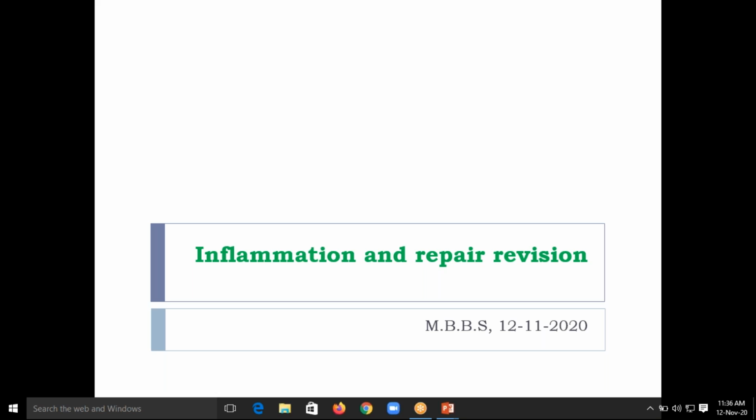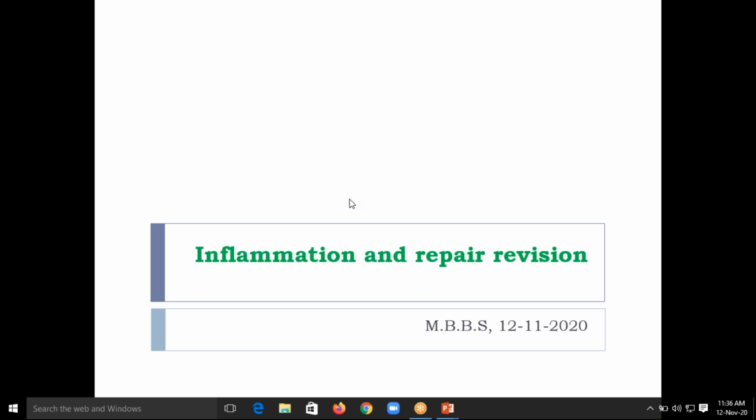That is, the chemical mediators of inflammation, growth factors involved in tissue regeneration and repair, and the role of interleukins in acute inflammation. I will cover chronic inflammation also: the role of interleukins in chronic inflammation, chemotaxis, and healing by secondary intention, and complications of wounding. Okay, let us start with the